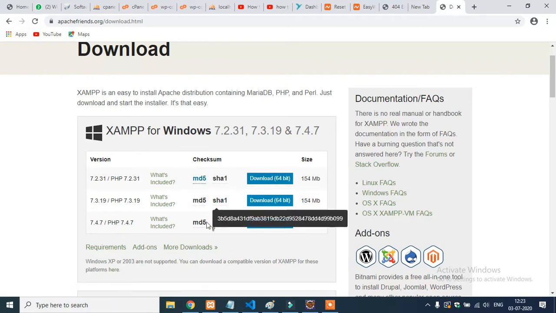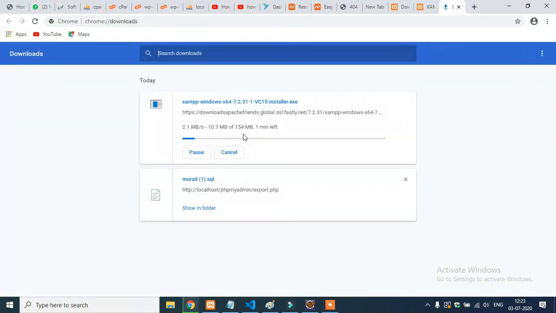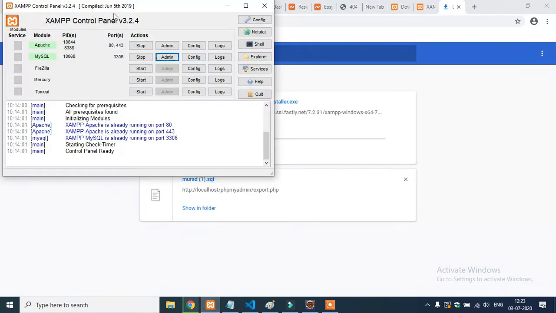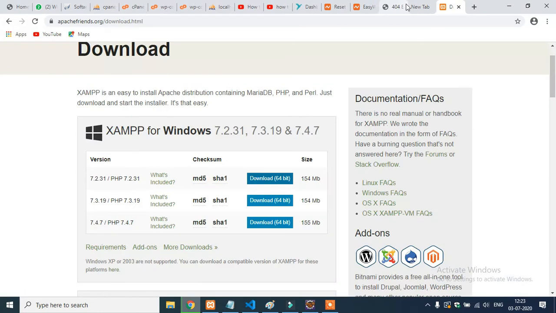If you click download, the download will start, and see, the download has started. I'm going to stop it because I've already downloaded it and launched it here. Let's see practically how to insert data into the database through Java, and let's get started, guys.